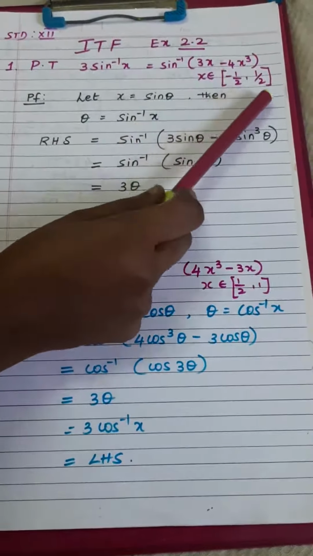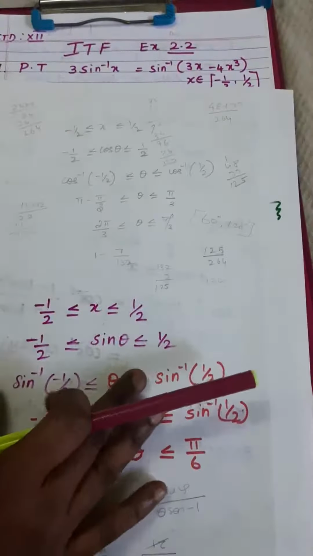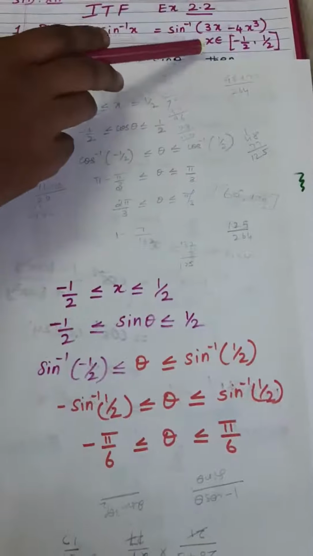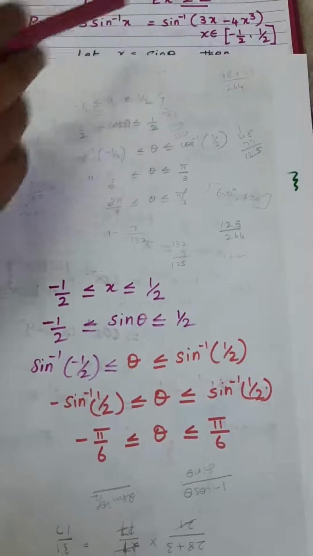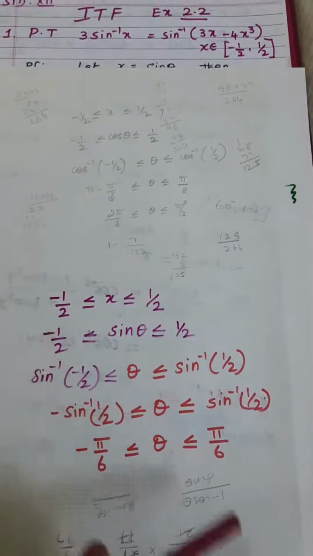Now we will take x equal to sin theta. Why are we taking x equal to sin theta? Let us see. Here x belongs to (minus 1 by 2, 1 by 2), so x lies between minus 1 by 2 and 1 by 2. Now we are taking x equal to sin theta, so minus 1 by 2 is less than or equal to sin theta, which is less than or equal to 1 by 2. Sin will become sin inverse, so sin inverse of minus 1 by 2 is less than or equal to theta, which is less than or equal to sin inverse of